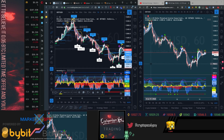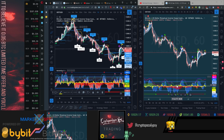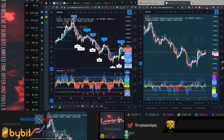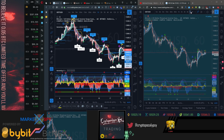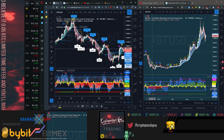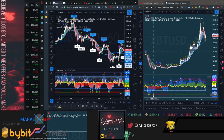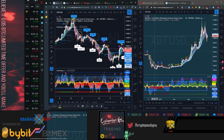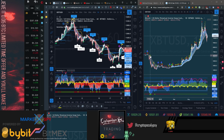Let's take a look at the next thing. So we covered money flow, and now the green dots, they're all there. You want me to go to the daily? Remember, this call signal on the daily, you were to buy the bottom on this green dot. However, if you look at Market Cipher, you see these X's that